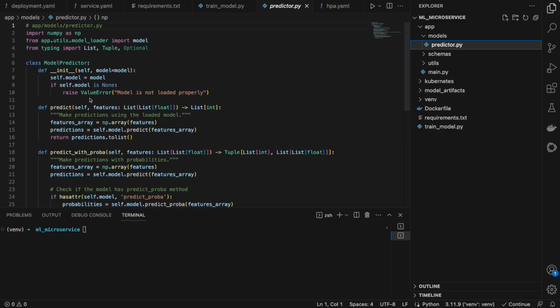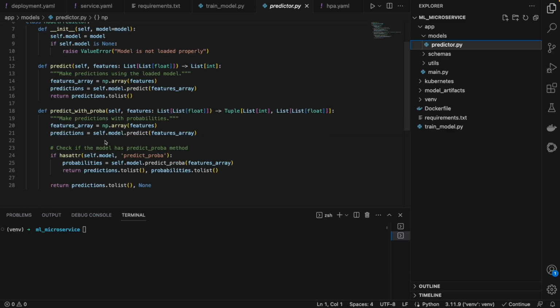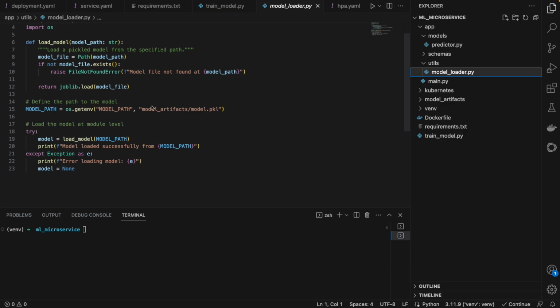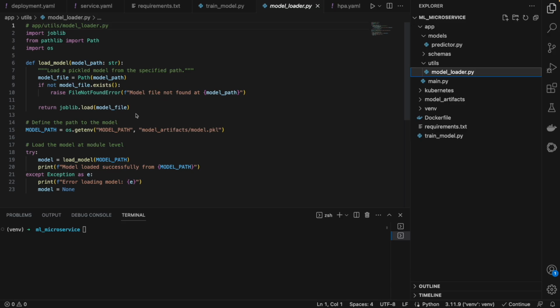So we won't go deep inside the code part, because my goal for this video is to deploy the model for you, not to show you how the ML model works. But this code is a very important part of the deployment, so I will give it to you. In the utils file there is also a model loader file. This helps in picking up the model from the joblib, and if there is an error, it will show an error as well.